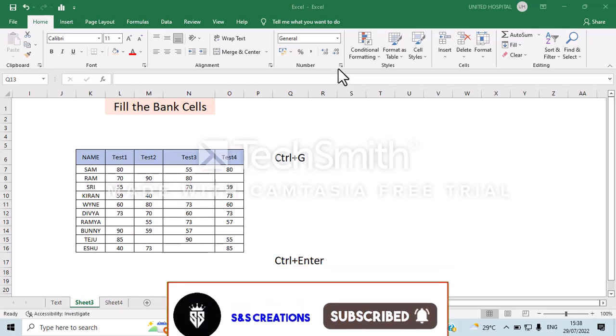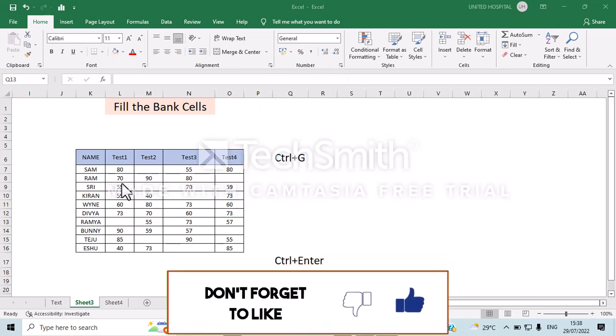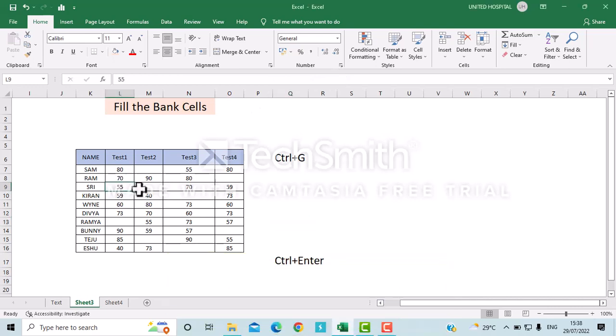Today I came up with another new video, which is how to fill the blank spaces by using the group option. For that I'm having a data set with students and their test-wise marks. Now I want to fill these blanks with "absent". For that I'm selecting the data,